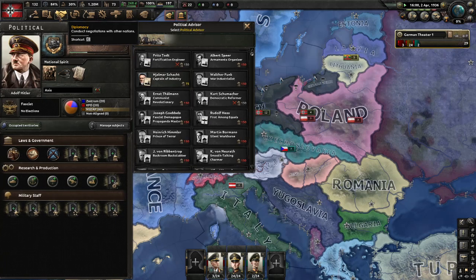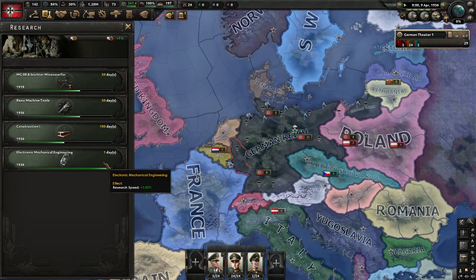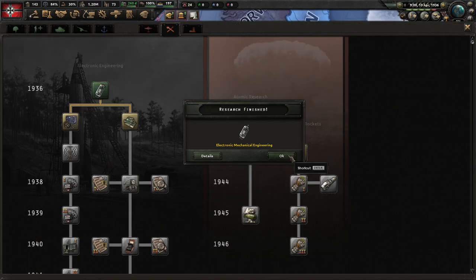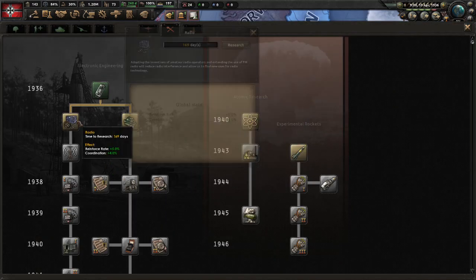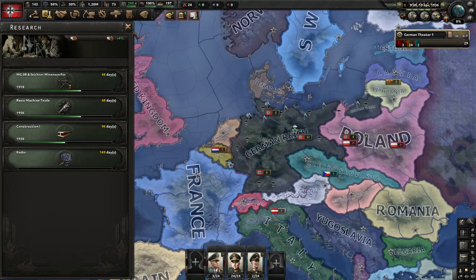So we're just gonna wait here. Research. Okay, this one's kind of close. Yeah, this will probably be done pretty soon. Oh, all right, here we go. Now radio. This is probably one of the most important researches,